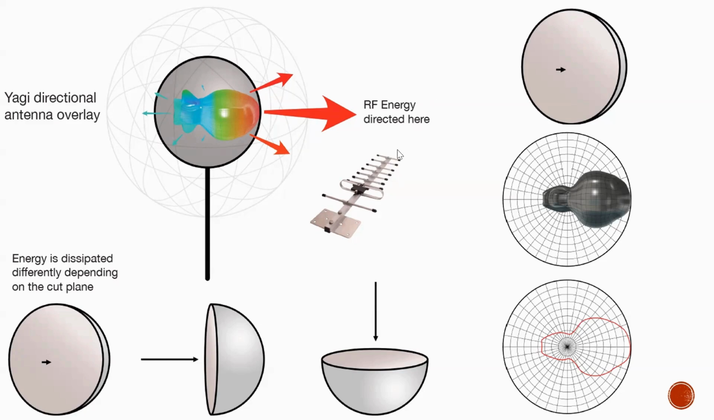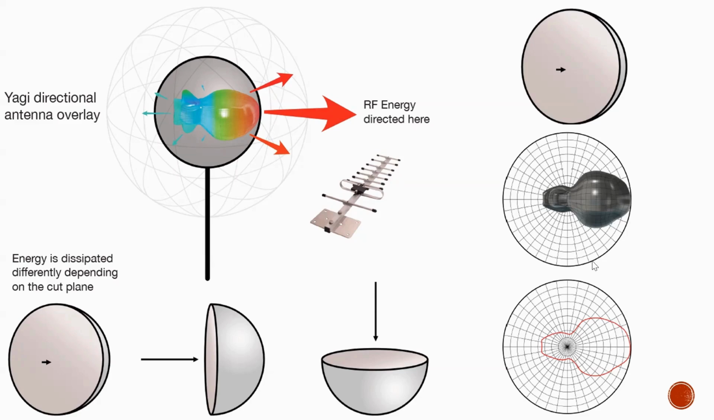So this is for the Yagi directional antenna. Let's take a look at the radiation pattern again on the 3D view, the XZ plane, YZ plane, and also the XY plane. This is from the front view. Okay, so basically this is from the front view. You can see that the radiation pattern looks like this,